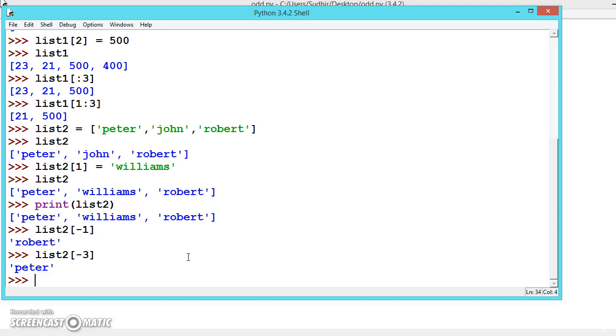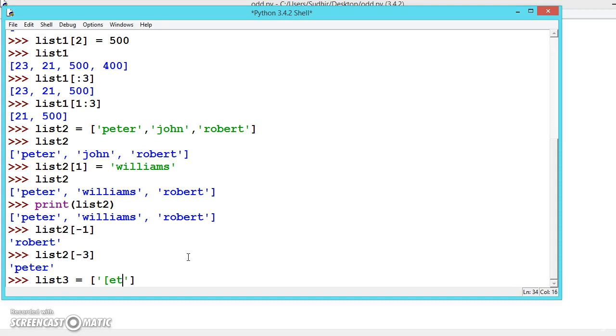So now we have seen we have created a first list and a second list. The first list contains integers, the second list contains all strings. Now we can also combine the data types. Let us create one more list, list 3, is equal to, let us combine both.